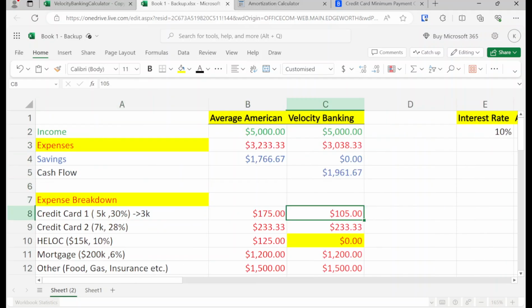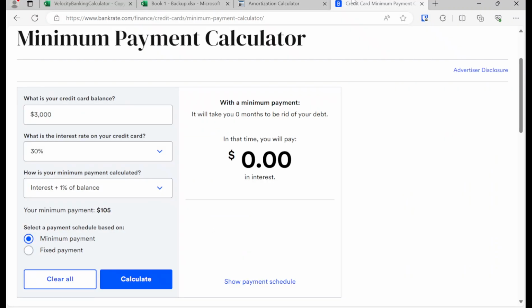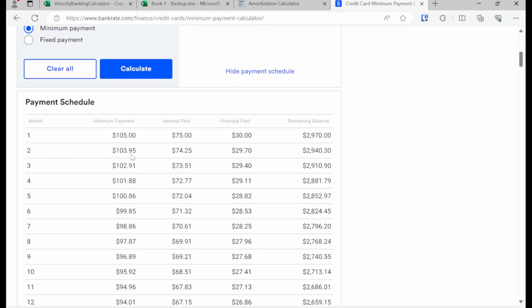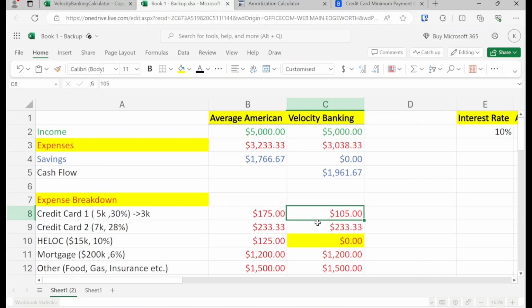And here's the thing, I know some of these calculations are going to be unrealistic, right? Because every time you make a credit card payment, your cash flow actually goes up. If you take a look at this payment schedule, you'll see that the minimum payment goes down after every single payment. So the cash flow does go up, but we'll just assume that the payment to the credit cards is constant. Okay, but it's 105, and then now it's